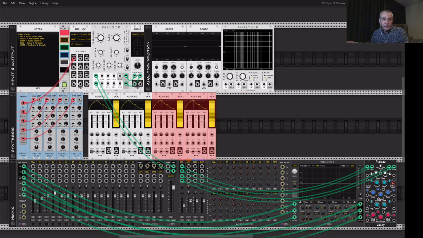Let's bring these together. So output of VCO 1 goes into, wrong color. Green is audio output in my color scheme. Always good to have a color scheme so you can recognize by the cable color what each cable does. And the output goes to,